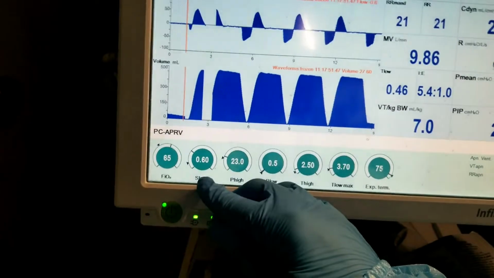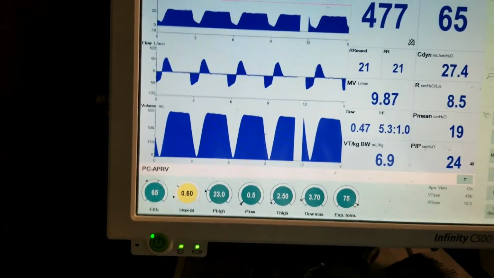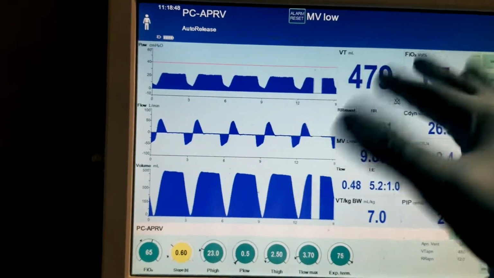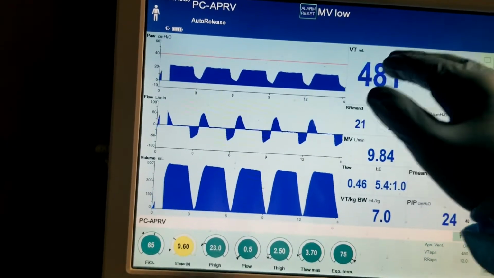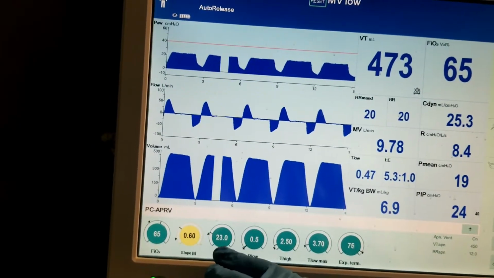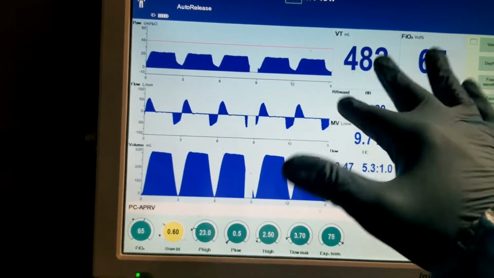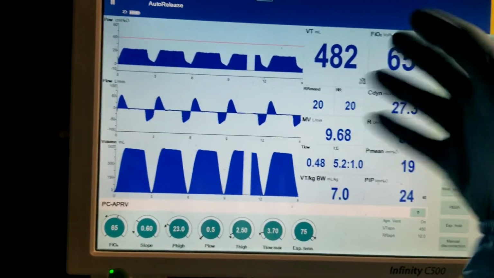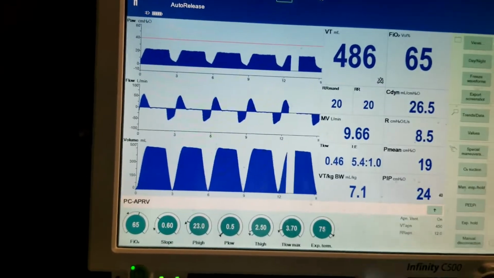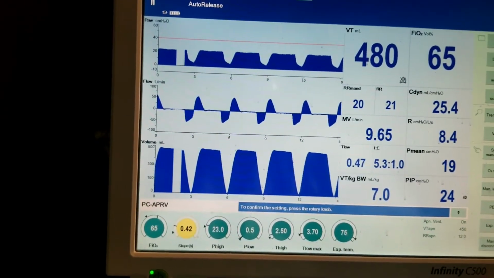At that time I had a slope of 0.3. So I went from 480 with the slope at 0.3 and the P high at 25. And when I dropped it, it went around like 450. So we lost about 30 mLs of volume, okay? So this is kind of what it looked like. I had a slope